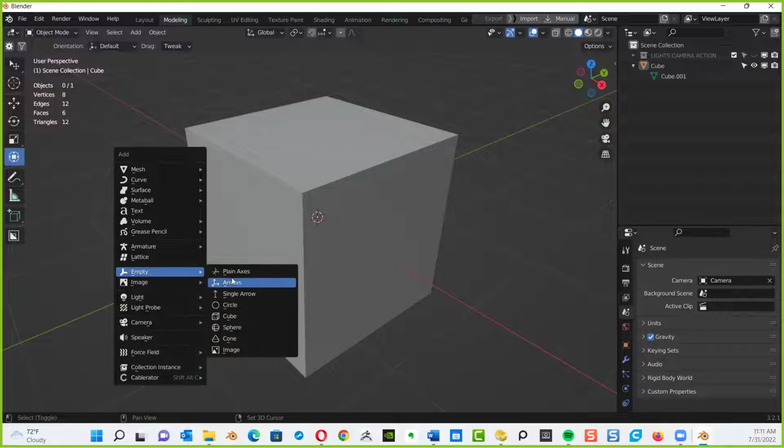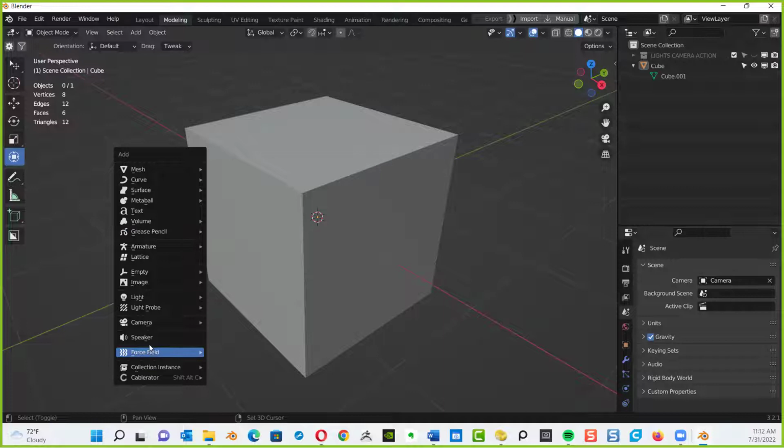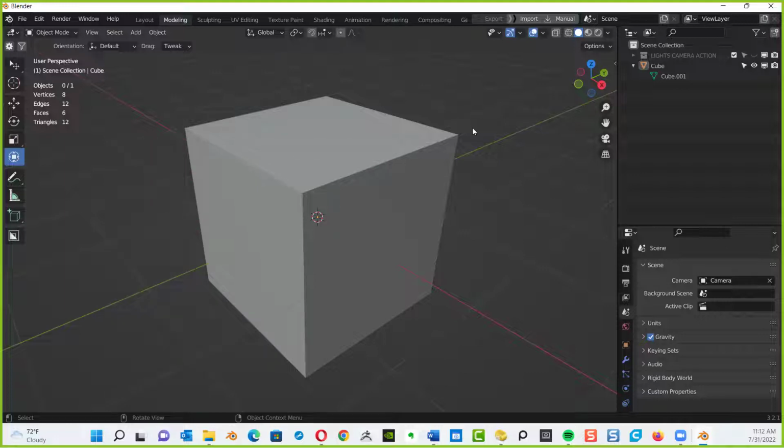You've got all different types of empties here: planes with axes, arrows, circles, cubes, spheres, cones, or an image. We'll talk about other aspects of this a little later, but that's how you add in your camera. Okay, I got it.